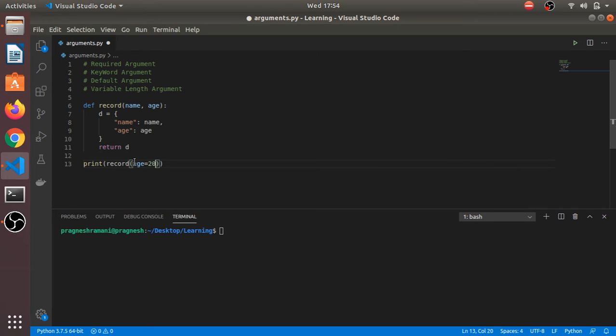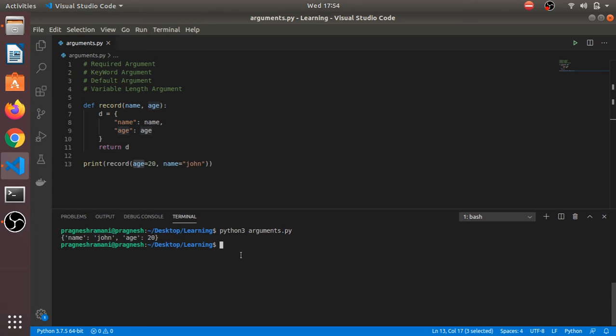So this is a keyword argument, and name is equal to John. So I don't need to manage the order for this. It will check the keyword: if the keyword is name, it will take the value from the name keyword, and for age it will take the value from the age keyword. So this is keyword argument.